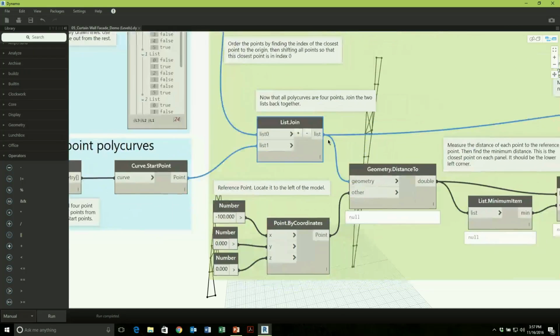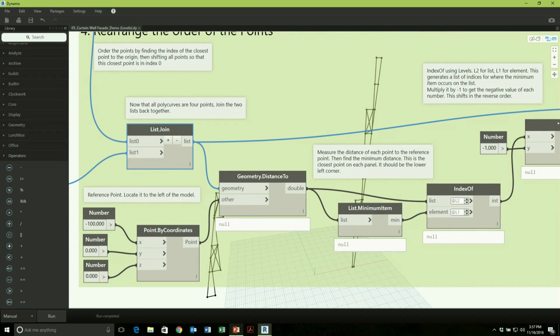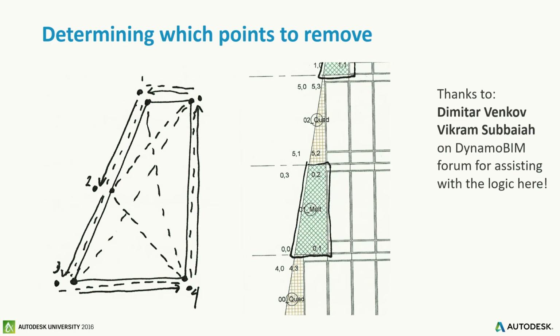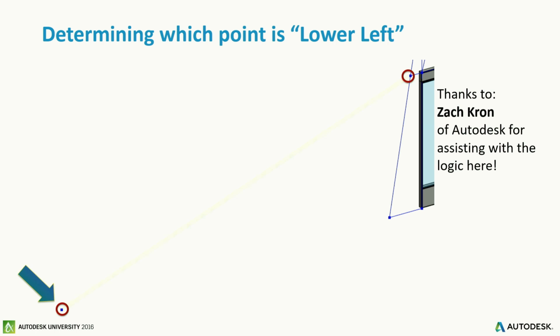Unfreeze that. And now I've got a joined list. Now this next chunk of code, Zach Krohn at Autodesk helped me figure out, because it was also a mind bender. For me, anyway. So the problem I had now was sometimes it would start there, sometimes it would start there, sometimes there, and if you try and create an adaptive component and you start each one at different points,